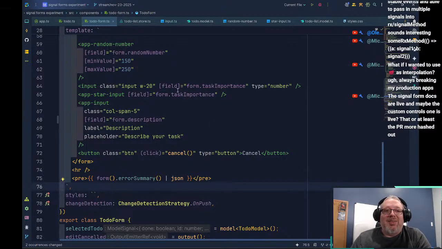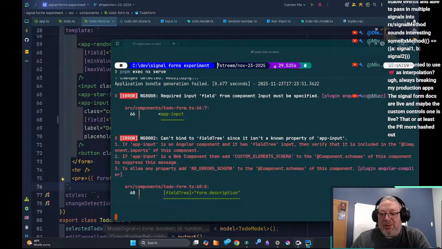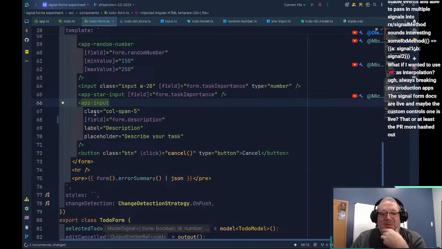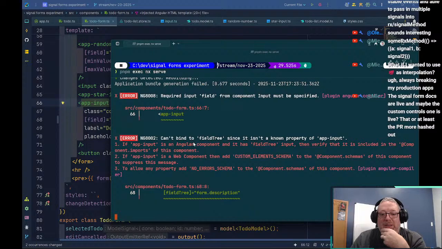That's really cool. WebStorm is already up to date on this stuff. So let's go take a look. Yeah. So the required input field from the component input must be specified. On line 66. It's right there. There's my field. Wait, is this just the rename stuff happening?